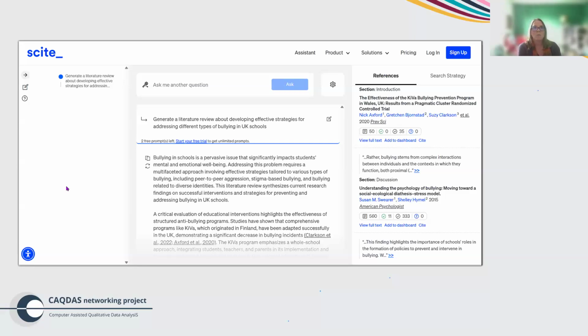And that is definitely a problem with general purpose tools. But of course, you should definitely always be checking your references, not just accepting what it's telling you. So use it to assist in the literature reviewing process, if you're going to go down that route, rather than just avoiding doing any work yourself.